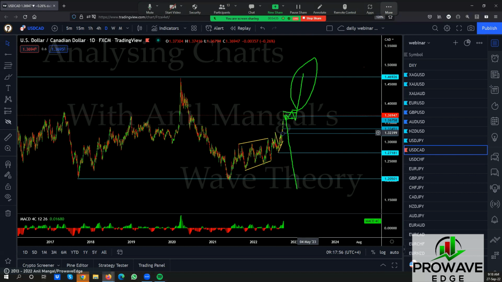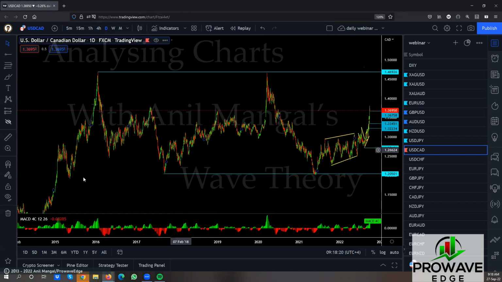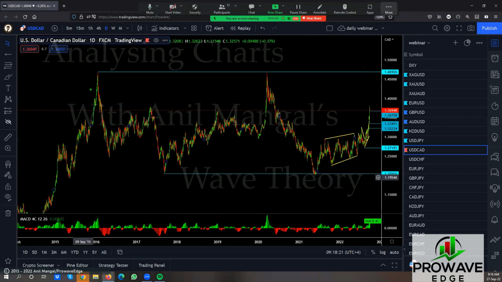Right now, it has to tell us, is it going to break the top now? Is this all we have? 1, 2, 3, and we're going up? Or is this a flat that is coming down? That is the point where most of the flats came down from, right? So if you look at this one, this had a 1, 2, 3, this had a 1, 2, 3. These flats were pretty shallow, right?